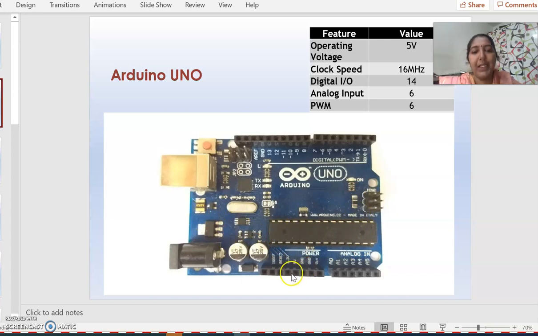And the next one is the reset pin, and in this same Arduino board we have one more reset pin, that is this one. So that means we can reset or restart this Arduino board by using these two reset pins. It can be connected externally, or the same reset operation can be performed by using this reset button.